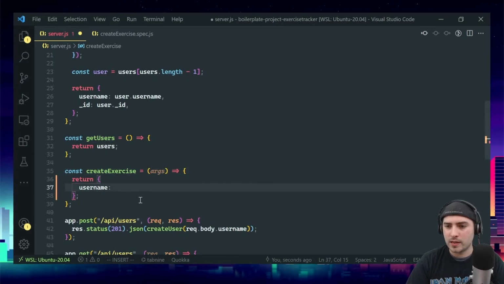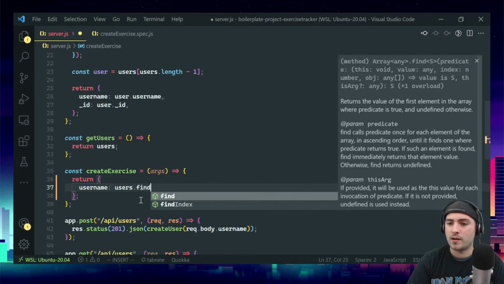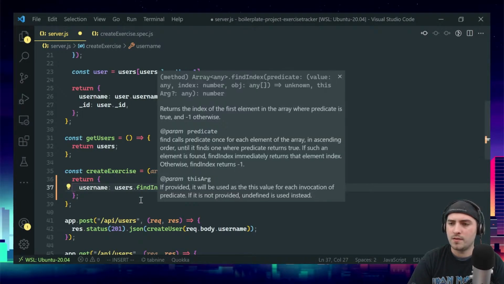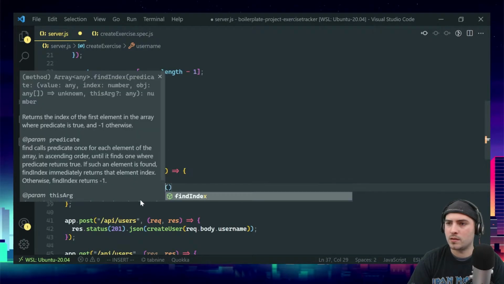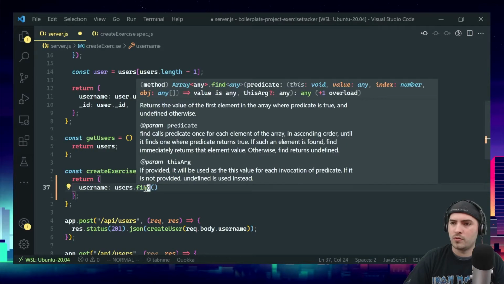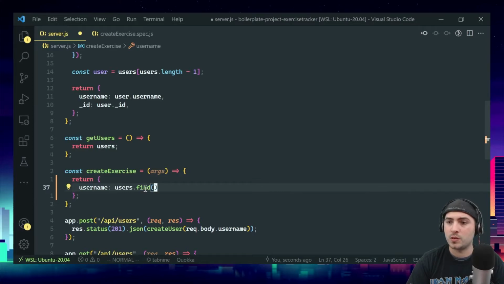Basically I want to do users dot, I think it's find or findIndex. Sometimes I forget the difference. findIndex returns the index, so I don't know if I want the index. find returns the value of the first element in the array where the predicate is true. So I don't just want the index, I want the value of it so that I can get the username. So in users, I'd want to do something like x